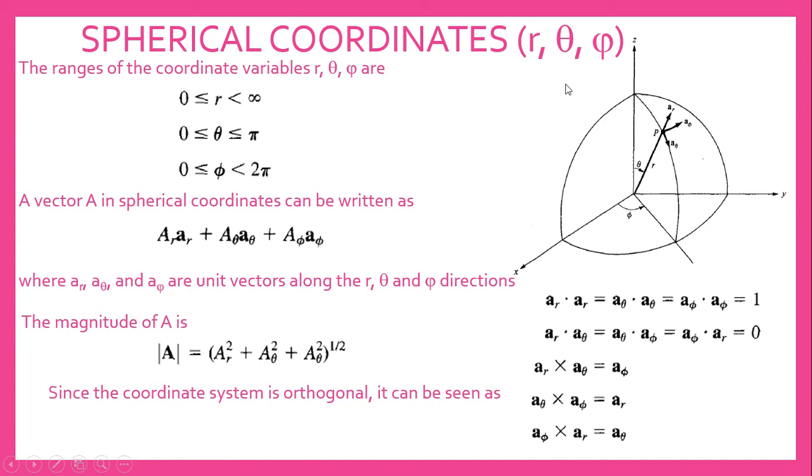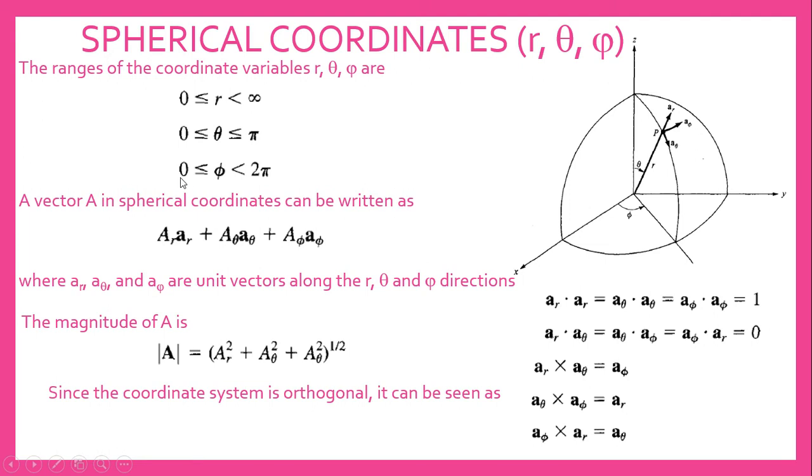That means the sphere radius can vary from 0 to infinity. So this one is r. Another one is theta, 0 to pi. This angle you have to see from the vertical axis, along the vertical axis, from plus z it can go up to minus z, this sector. So the angle will vary from 0 to pi: when the radius is along the z axis, the angle will be 0. When it is along the minus z axis, the total angle will be pi.